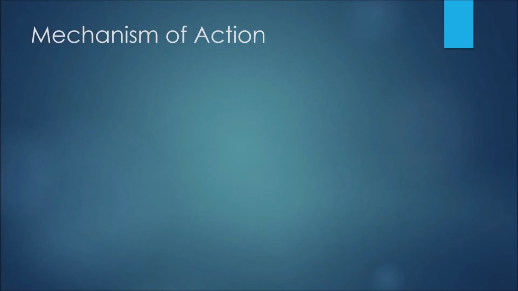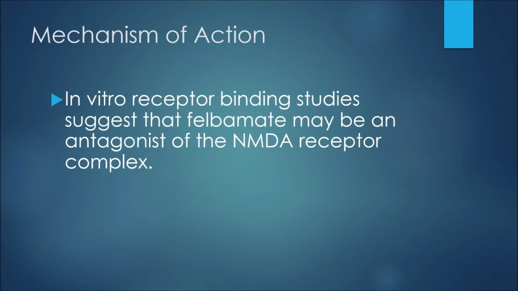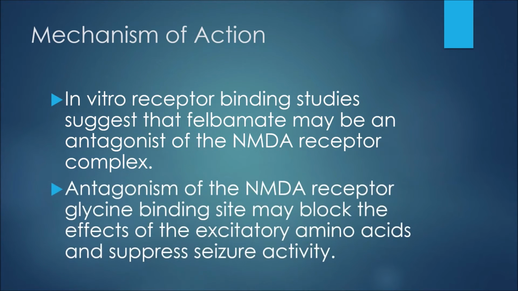So the first thing to discuss here would be the mechanism of action, or how this medication works. So in vitro receptor binding studies suggest that Felbamate may be an antagonist at the NMDA receptor complex. Antagonism of the NMDA receptor glycine binding site may block the effects of the excitatory amino acids and suppress seizure